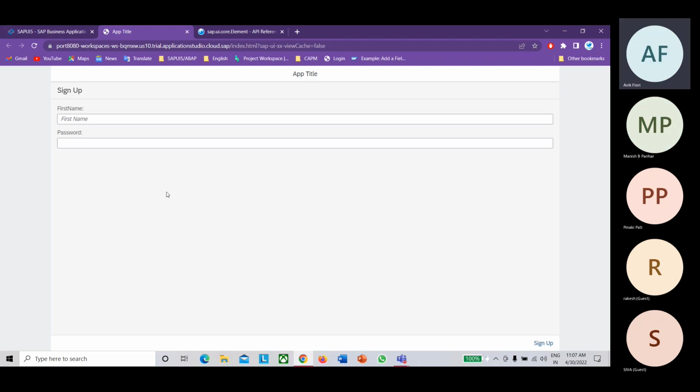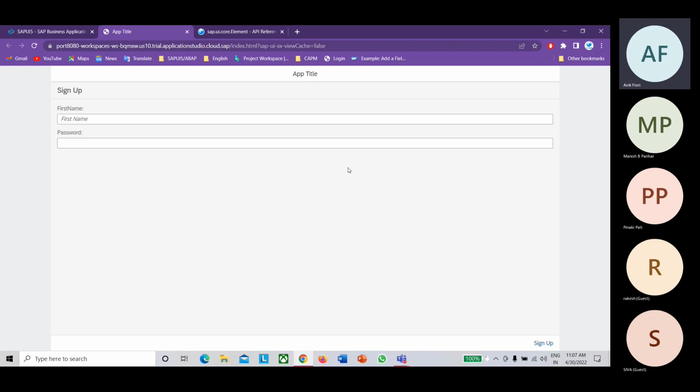See, I'll tell you onBeforeRendering means the one example which I've given you now. Let's say you want to read some data before your screen is designed, before your app is displayed, when it is reloading. Your app is loading, and at that time if you want that detail to be fetched first, in that case you can go with onBeforeRendering. You can add that code and load that data before your view is rendered.